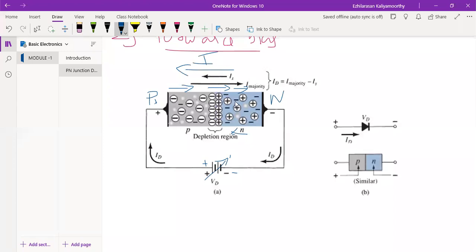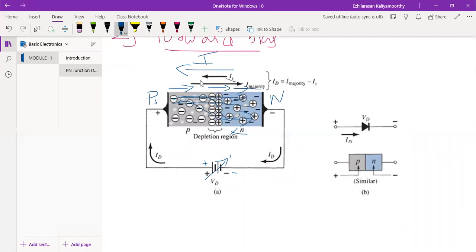See, the majority carrier holes will move like this. It will move in this way only. It will recombine and start to move like this. Then the majority carrier holes and the majority carrier electrons will start to move over there, recombine, then form its charges. Then it will produce a current. The current will come like here. See, this is I majority we are saying.